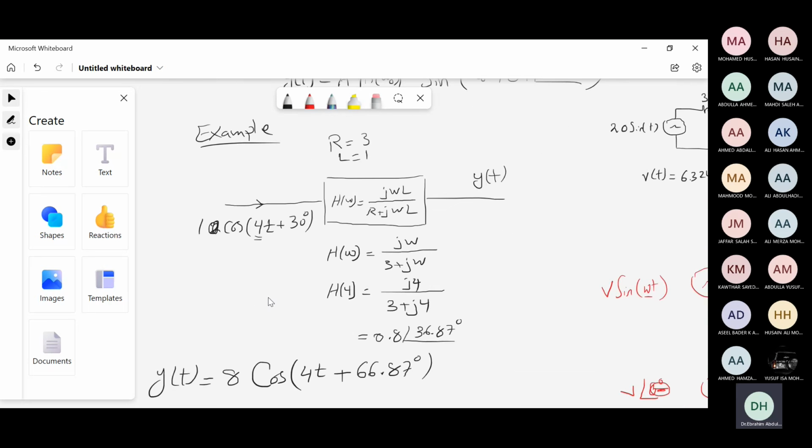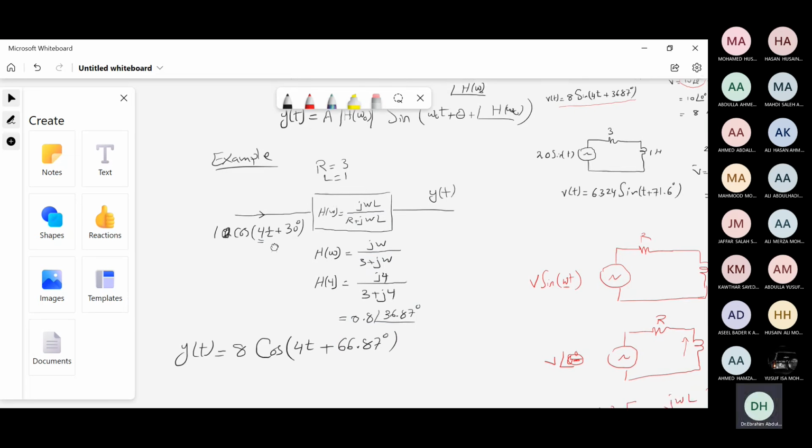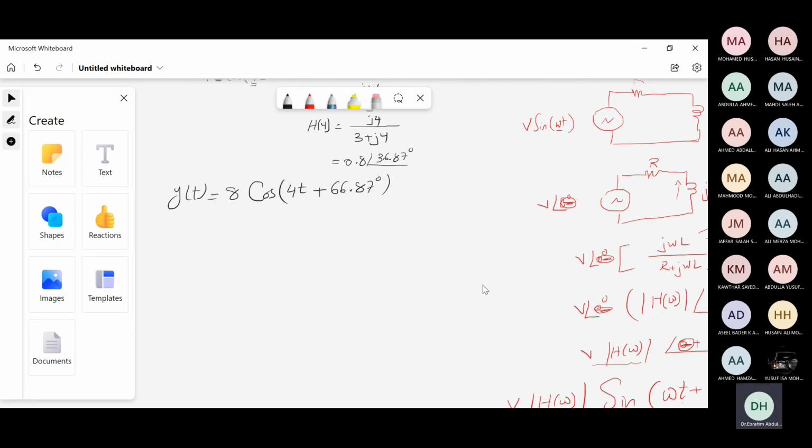Now if you change the input to another value, so 20 sine t, we have the same h of omega, except that omega here equals 1. So put 1 here. Again, repeat the same thing and you can find the output. If you have a combination of these two,